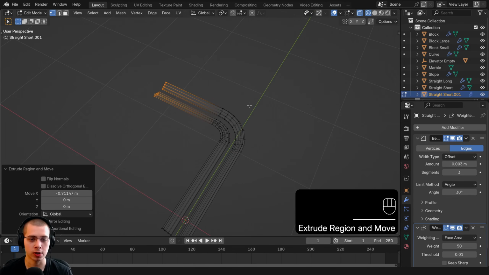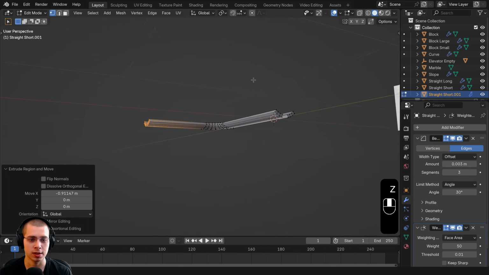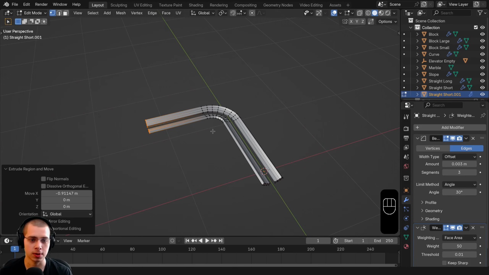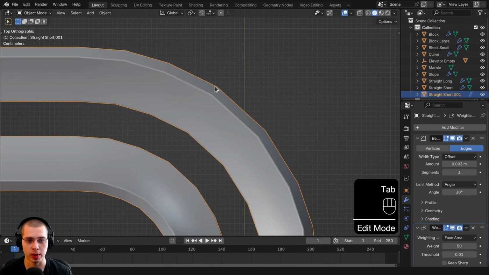So later in the video, we are going to be changing the shape of this model so that it'll work well for the animation. But for now, we're just going to leave it like that. Now what I can also do is go to top view again and zoom in here. And you can see right here, this part looks a little bit straight,